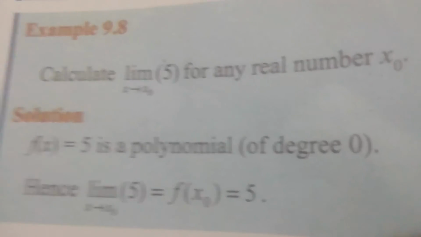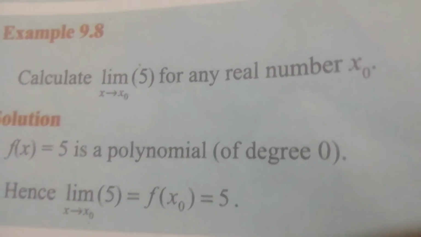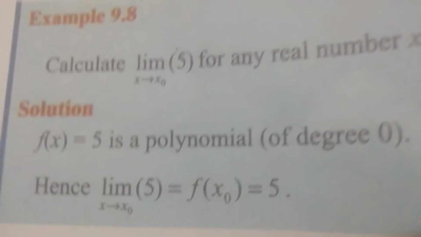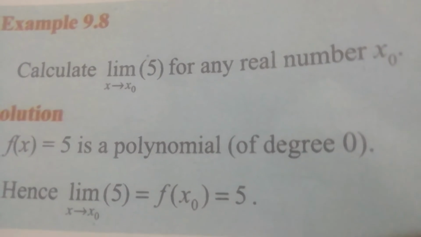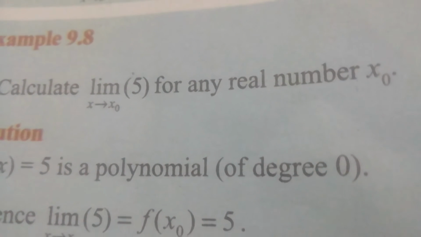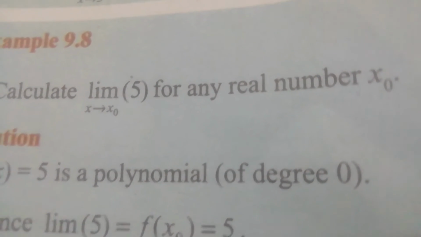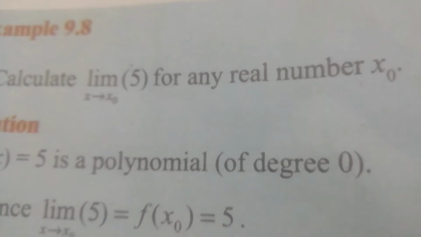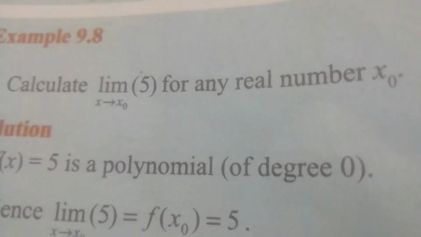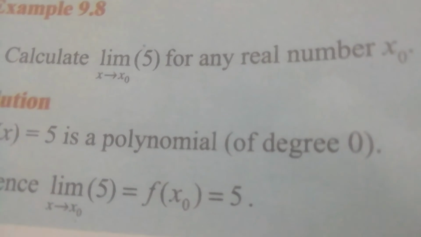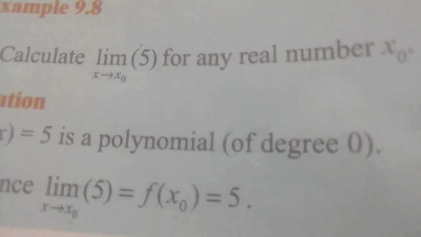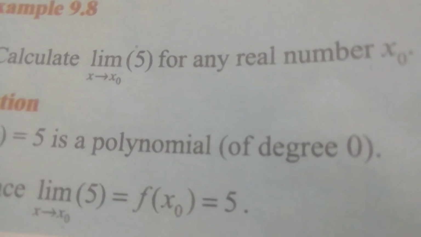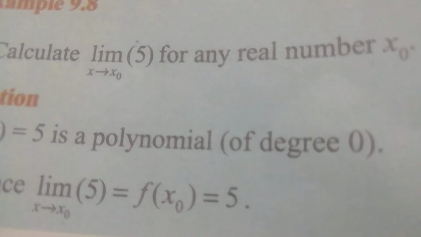Here, taking f of x, we can say f of x0. If we are given p of x equal to 5, we can put p of x0, which is equal to 5. This is a constant function. For a constant function, you can put any value, and you get only the same constant value. If the limit of 10, we get only 10. If the limit of 5, this is a constant function. If we give any constant, the answer is also that constant.